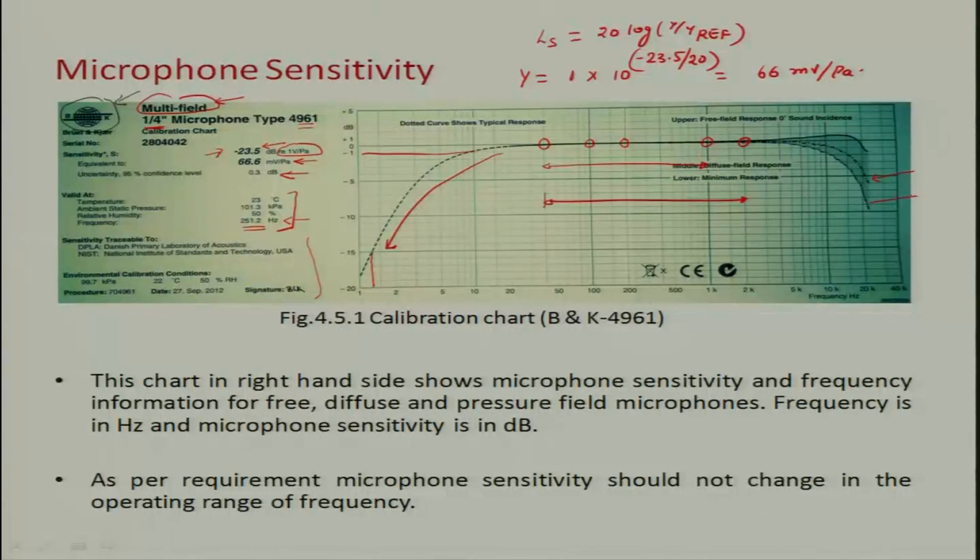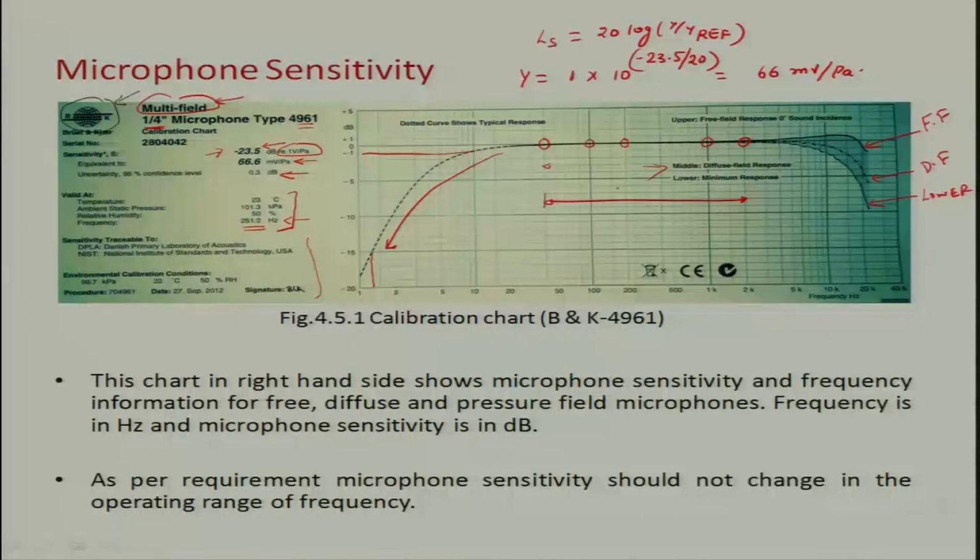This is one line, this is the second line, and this is the third line, and they say that the lower line, which is this one, is for minimum response, this line is for the free field response,